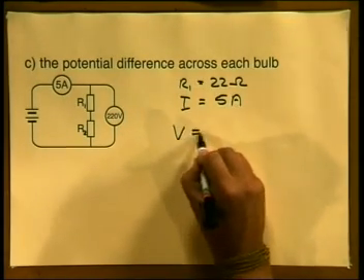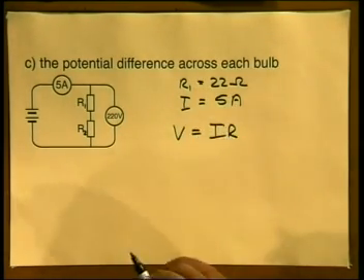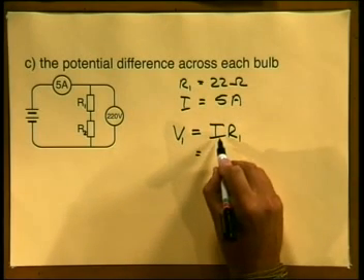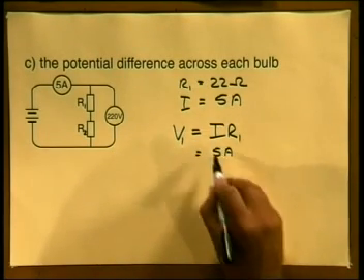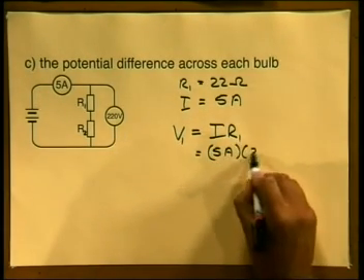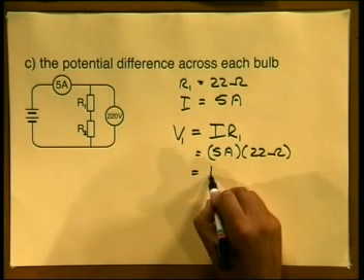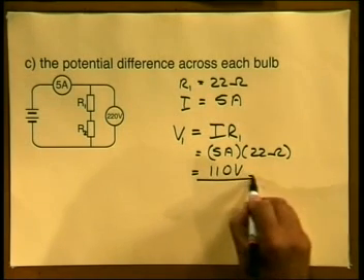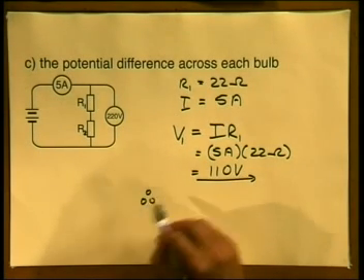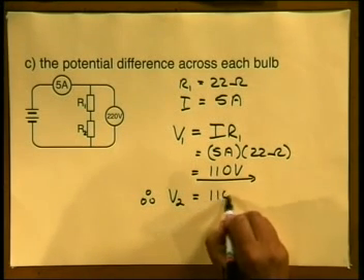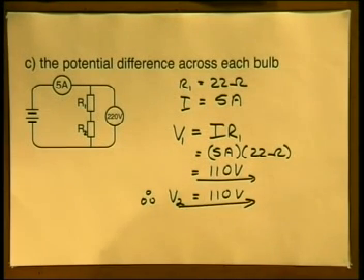Therefore, if we use the equation V is equal to I times R, and we can say V1 being the potential difference across R1, substitute in our values, I the current is equal to 5 amperes, R1 is equal to 22 ohms, 5 multiplied by 22 is equal to 110 volts. And therefore, the potential difference across R2, which we'll call V2, is also equal to 110 volts. Our answer to part C